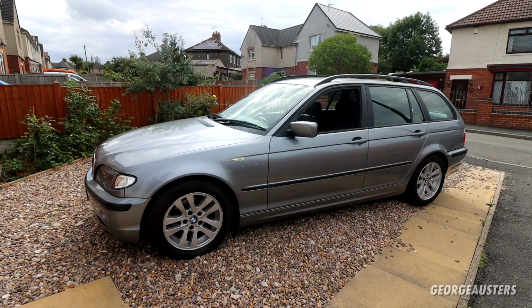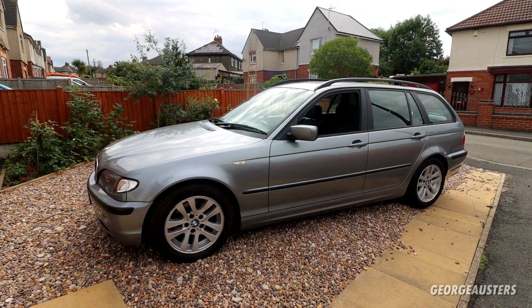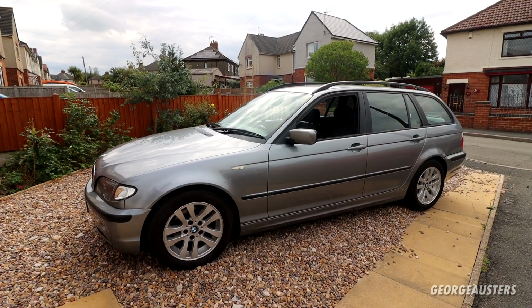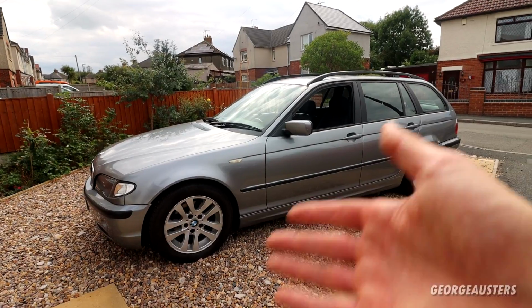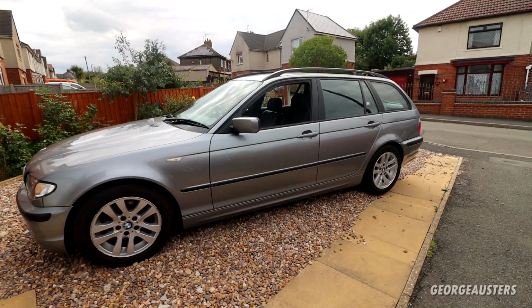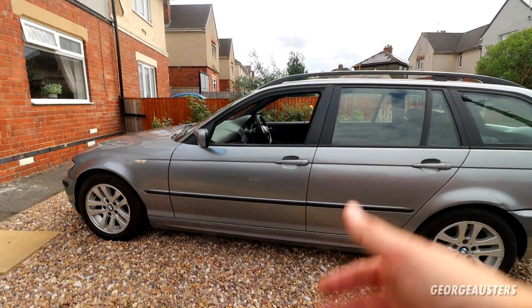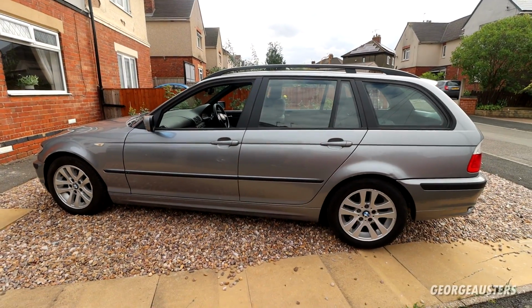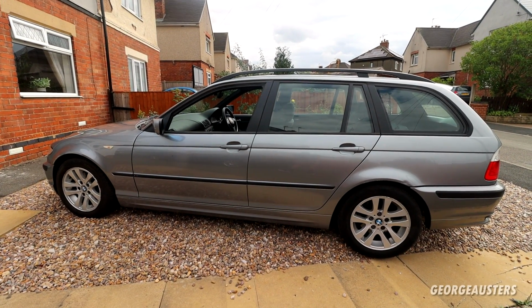Okay, so as I mentioned in the previous video, we bought this car for £500, and the previous owner stated that it had a fuel pressure fault. Now after 30 minutes or so of driving, the car would almost randomly just cut out, stall, the engine would stop running, and obviously that's not a good thing, so we definitely want to try and get to the bottom